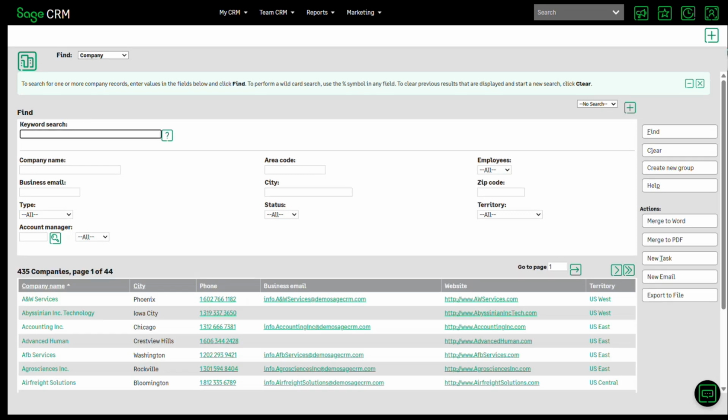If I just click find, I've not put any criteria in here, and it's now returning all of the records in the entity that I can see as a user. So this is all of the records within this particular entity, which is company, that I have permission to see. This is essentially a subset of all of the data inside CRM that my security rights allow me to view. Now, also underneath here, I have a grid that